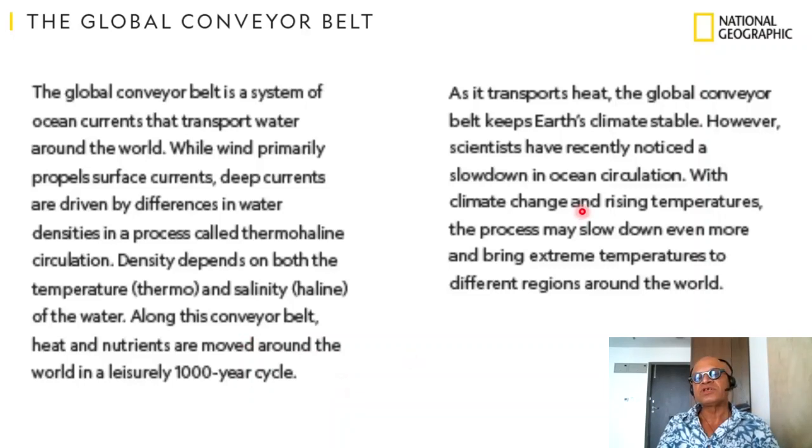As it transports heat, the global conveyor belt keeps the Earth's climate stable by taking down heat and CO2, oxygen, nutrients, and so on as well. However, scientists have recently noticed a slowdown in ocean circulation. We'll come back to that in the next chapter mostly. With climate change and rising temperatures, the process may slow down even more and bring more extreme temperatures to different